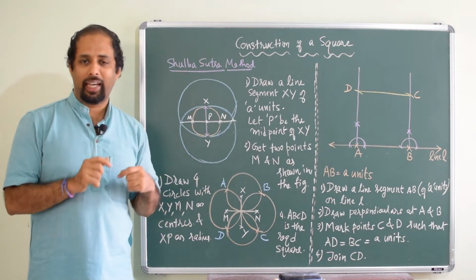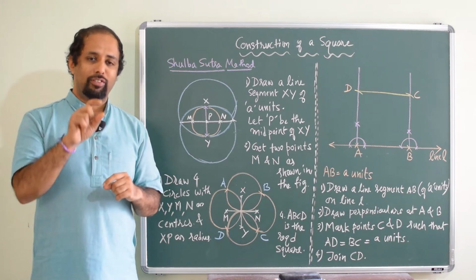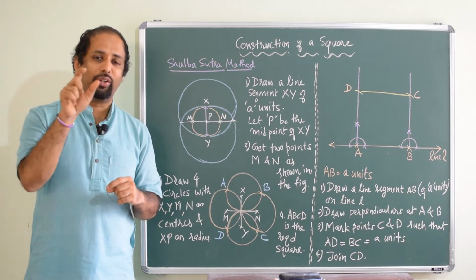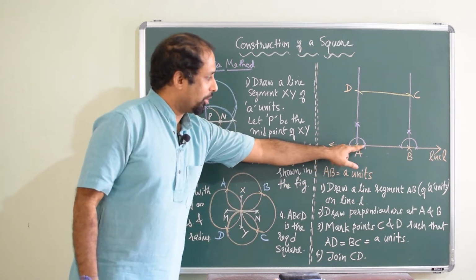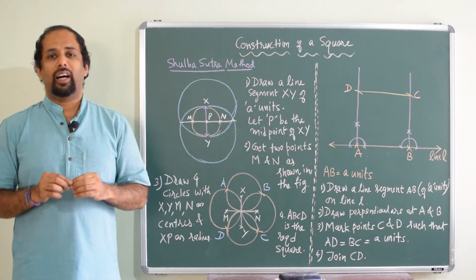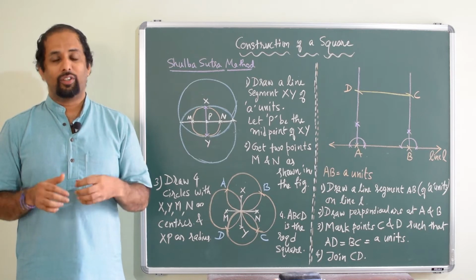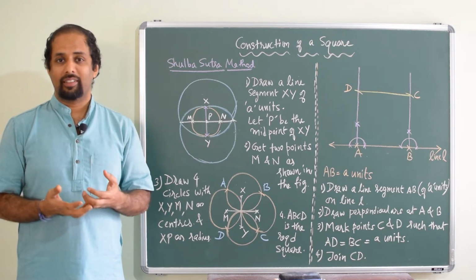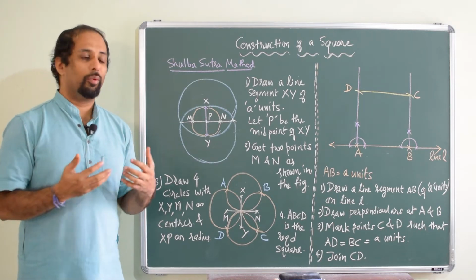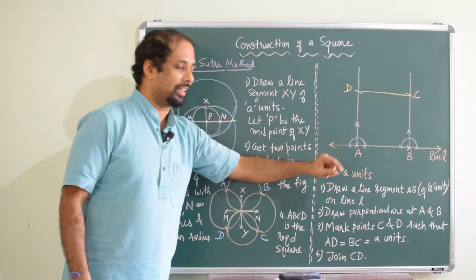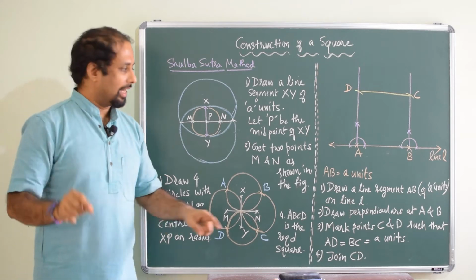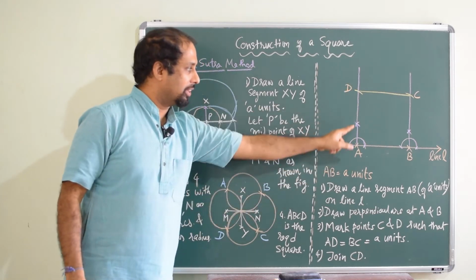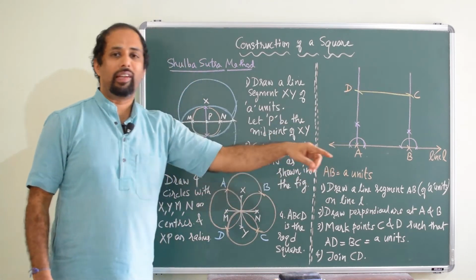Now at the point A, we are going to draw one small arc, and that arc is going to cut this line at 2 points. Now in each of these 2 points, we have to draw arcs of the same radius. The only condition for this arc is its radius should be more than half of the diameter of this arc. Those 2 arcs will be cutting each other at one point, and that point is connected to A and extended. So this is the perpendicular line to the given line L.